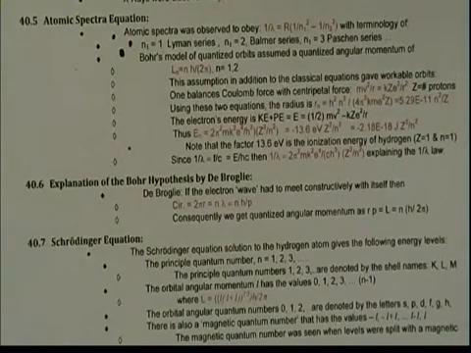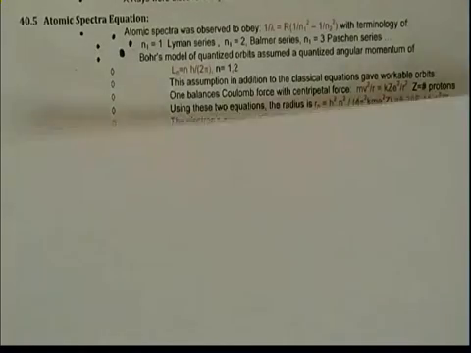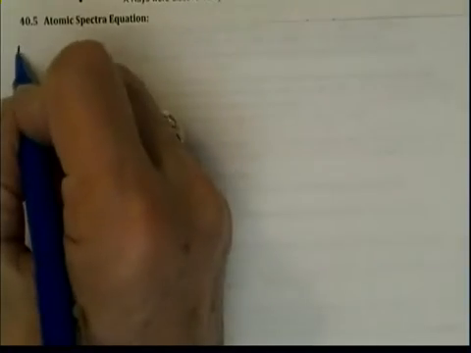This next section, 40.5, deals with the atomic spectra and the equations that we're able to derive because of Bohr's postulate. Remember, Bohr does not understand why angular momentum has to be quantized, as we previously had, and he had said